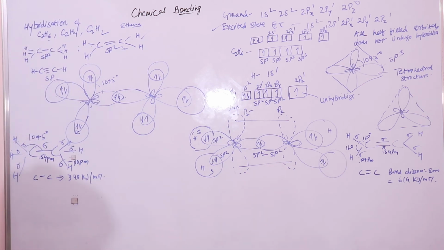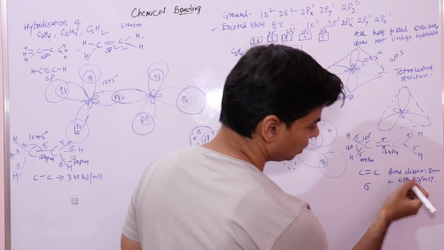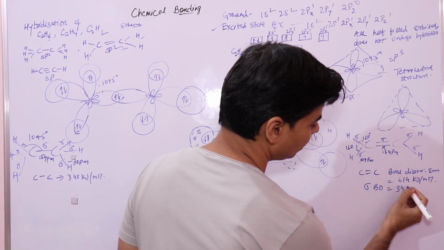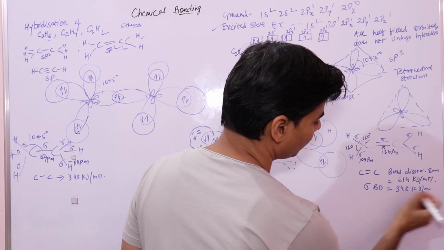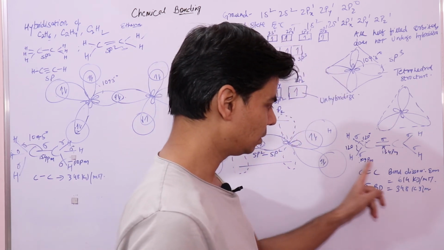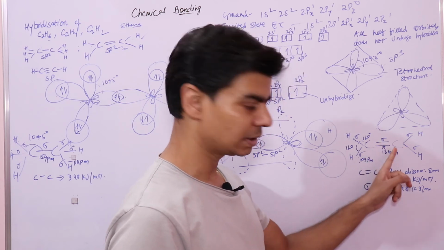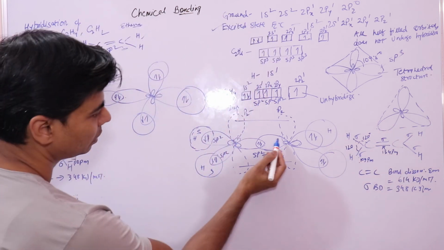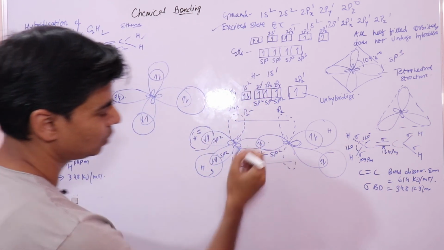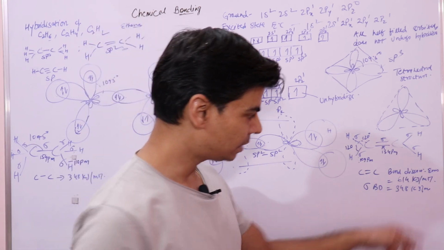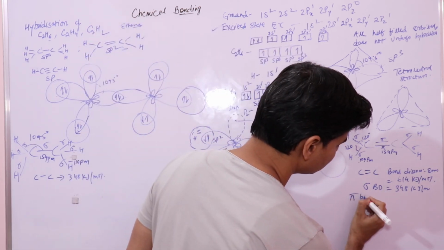This is the total bond dissociation energy of both the bonds. We know that the bond dissociation energy for a sigma bond is 348 kilojoules per mole, that is, for the carbon-carbon sigma bond formed due to the overlapping between sp2 orbitals. Therefore the pi bond dissociation energy is